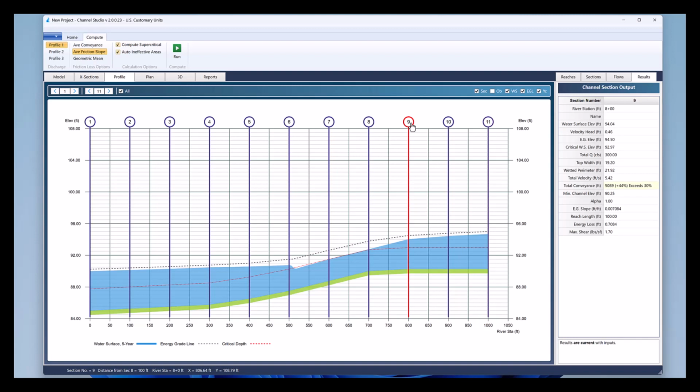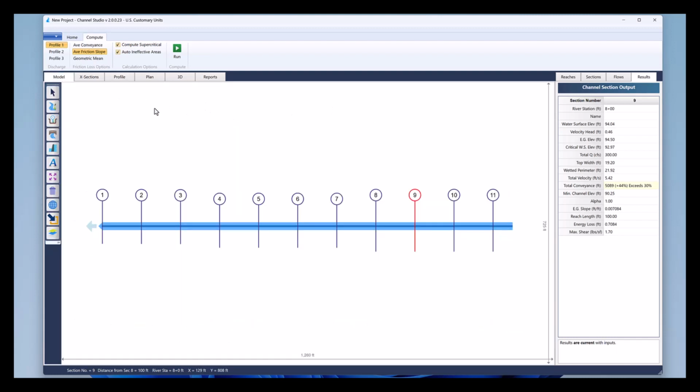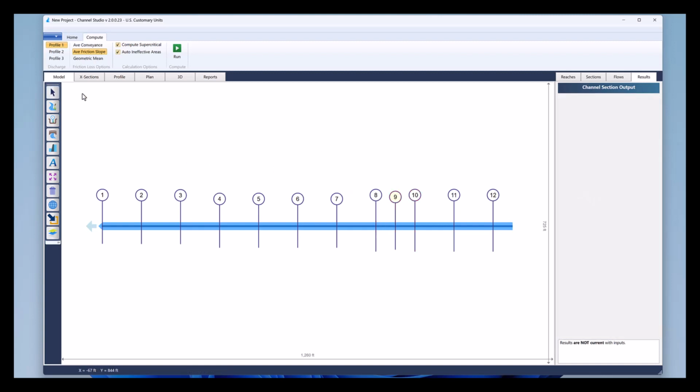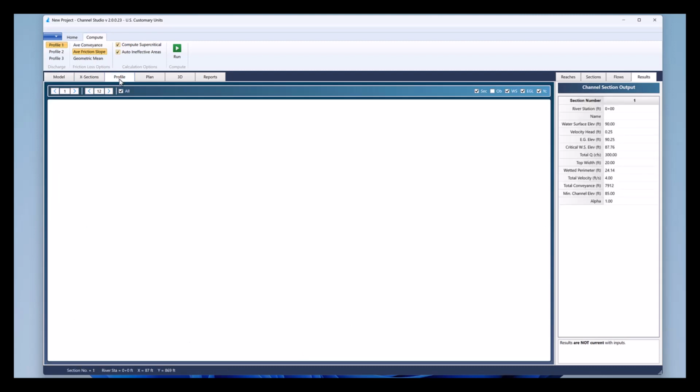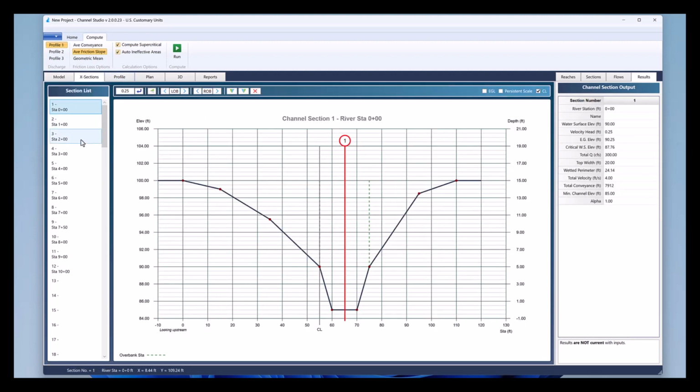So what that's telling me is that I need to insert a section between 8 and 9 so that I don't exceed that 30% rule. But again, 8 is at critical depth, so it's not that big of a deal. But just to show you how you can insert a section, I can go back up here to sections and add one between 8 and 9, just like that. Go back to my profile, go back to my sections, and